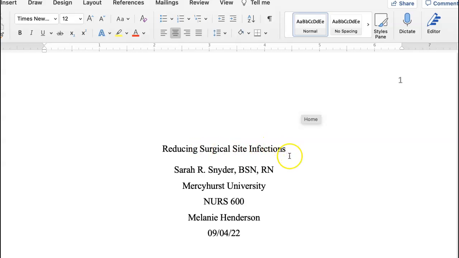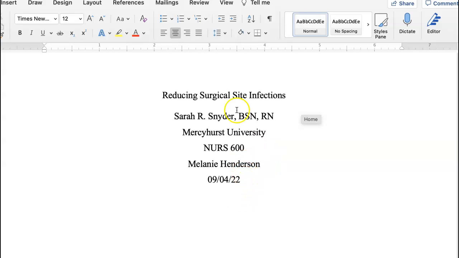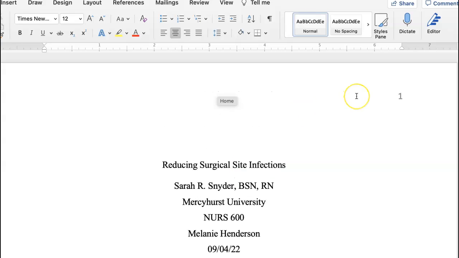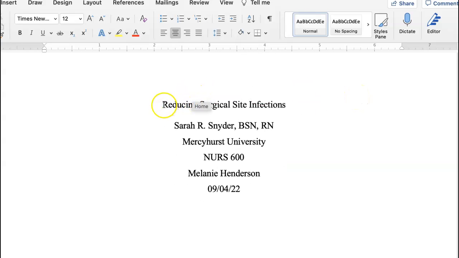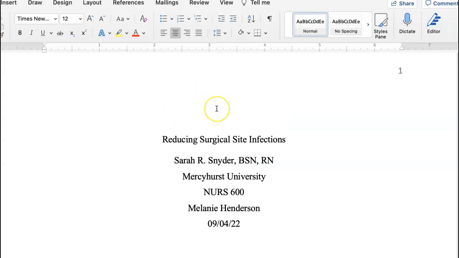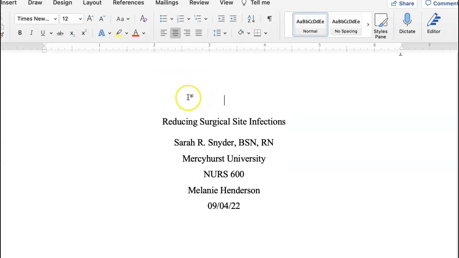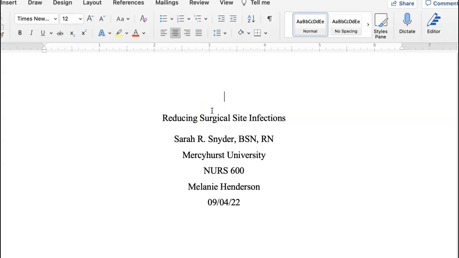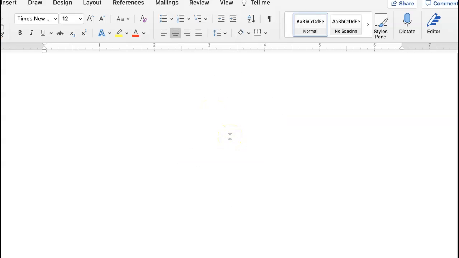And then your title, I minimized the font to be the same font size as everything else and unbolded it. You just want to make sure that you have the same font size. And then you have page numbers, so thank you. And then this would be more in the middle of the page, this here. So you could either find a way to center it in the page with your formatting, or you could just hit enter a few times and kind of center this title a little more.